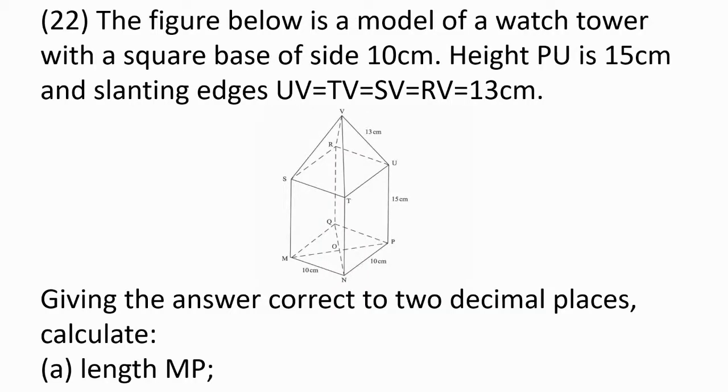Question 22. The figure below is a model of a watchtower with a square base of side 10 centimeters. Height PU is 16 centimeters and slanting edges UV is equal to TV is equal to SV is equal to RV, which is equal to 13 centimeters. Giving the answer correct to two decimal places, calculate part A, the length MP. So we need to find the length MP,